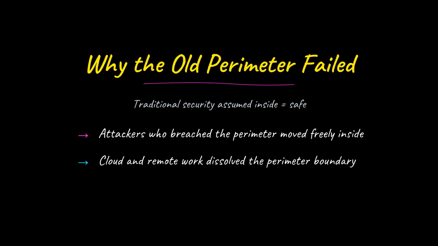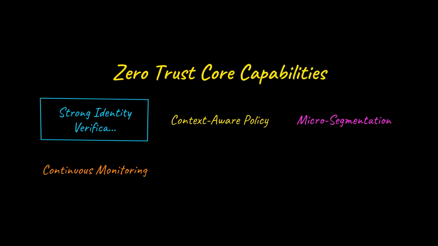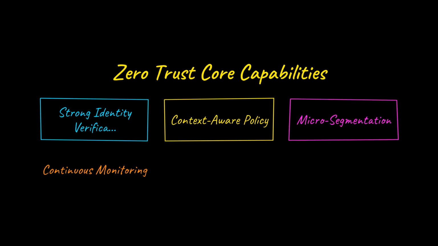Cloud adoption and remote work eroded that boundary, and breach after breach showed attackers exploiting that implicit trust to move laterally for months undetected. Zero Trust depends on 4 core capabilities: strong identity verification for every request, context-aware policy that weighs user identity and device health, micro-segmentation to contain lateral movement, and continuous monitoring that revokes access when behavior turns